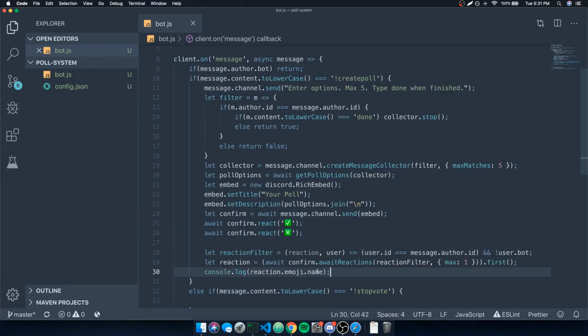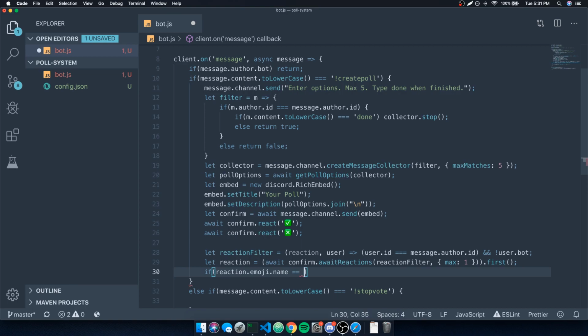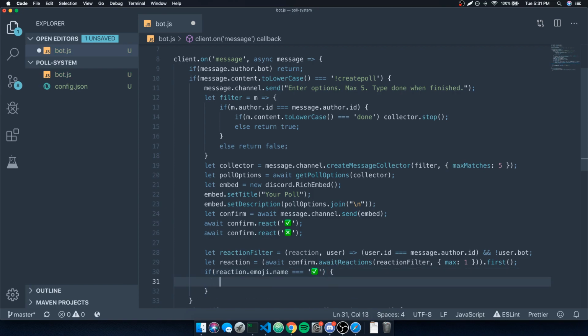Okay, so now the next obvious thing to do is check to make sure which reaction the user reacted with. So if reaction.emoji.name equals the check mark. You can actually just copy the emoji like this. If you're using your own custom emojis, you would actually have to pass in the string of your emoji. Okay,